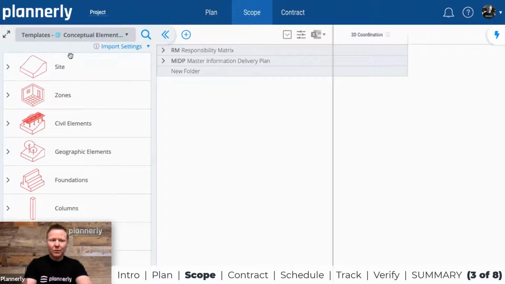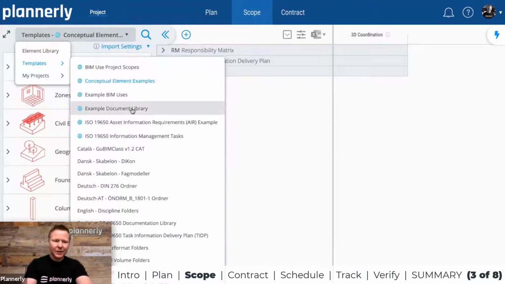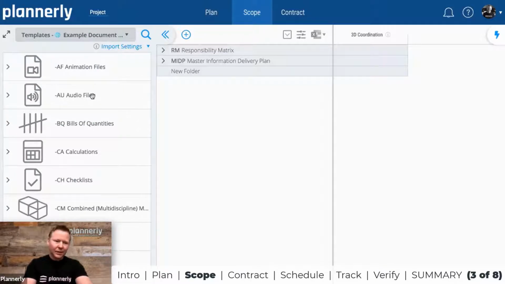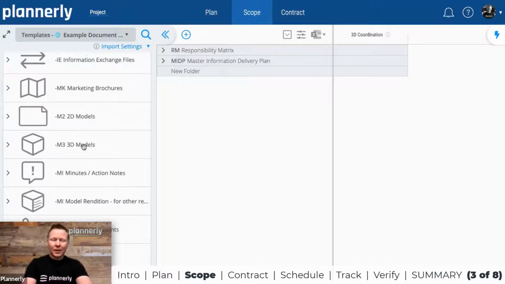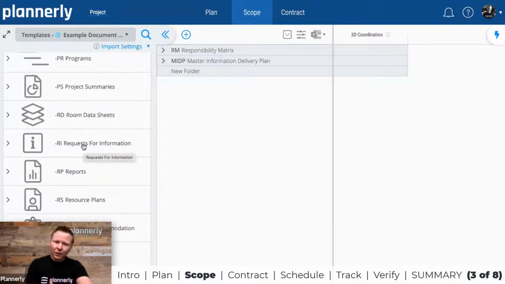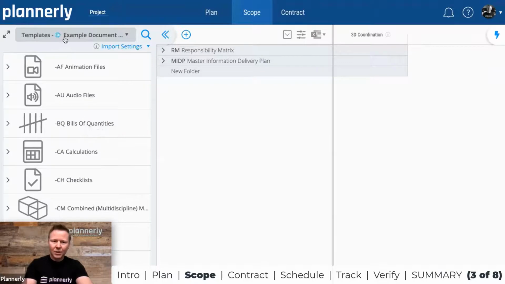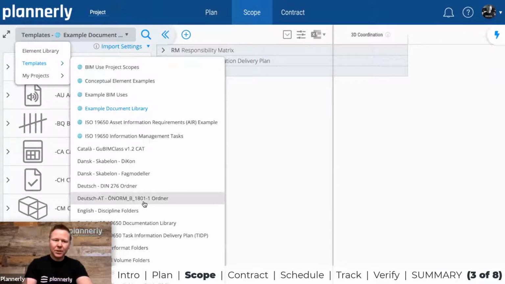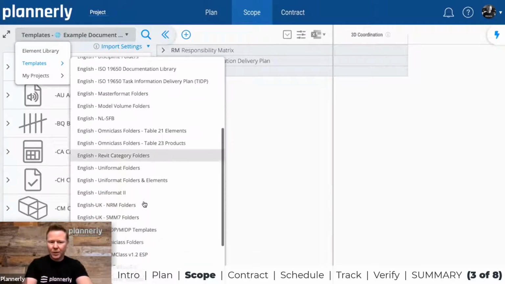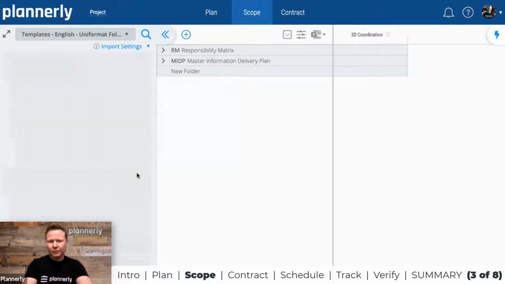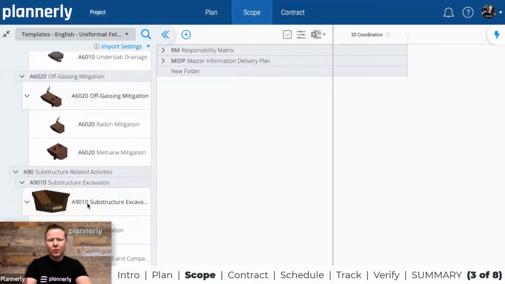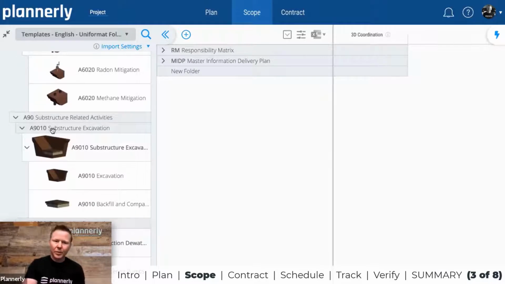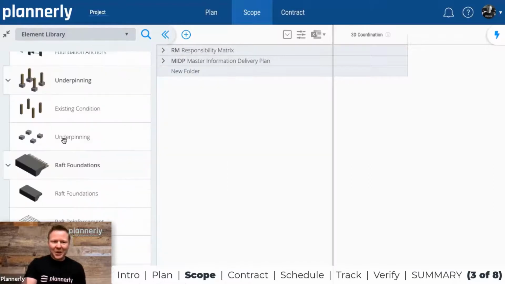So depending on what type of requirements you're talking about, and even document requirements as well. So things like bills of quantities, calculations, clash detection reporting, drawings, etc. And this library is continually evolving. It's translated into a lot of different languages, but it's also complemented with a bunch of templates. If you are following, for example, the Uniformat folder structure, we can start to see how this would be built out, and we can start to drag and drop and use this content to create maybe a code-based hierarchy of requirements as well.